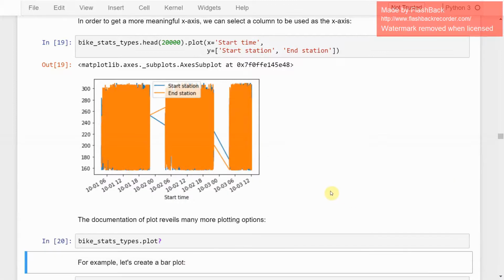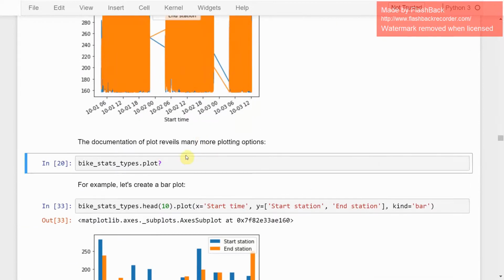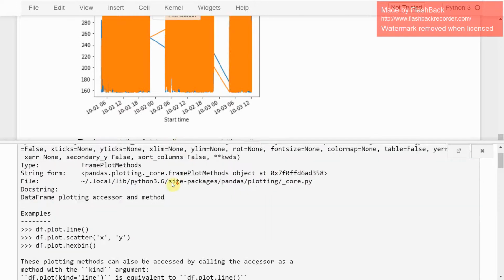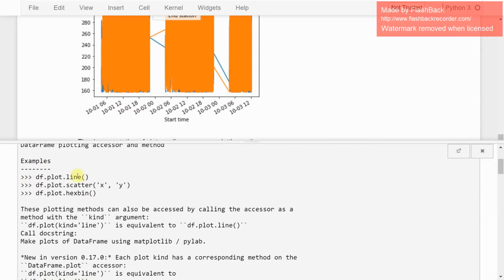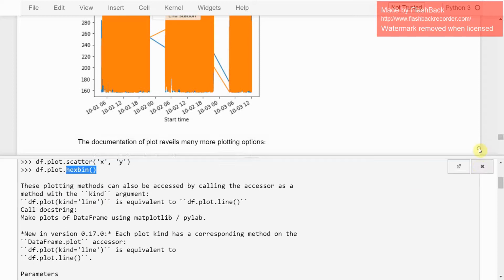Right. So there's various different ways we can customize our plots. If you look at the documentation of plot, you can see that we can create line plots, which we've done before here, which is the default. We can create scatter plots, hex bin plots, and so on and so forth. So for instance,